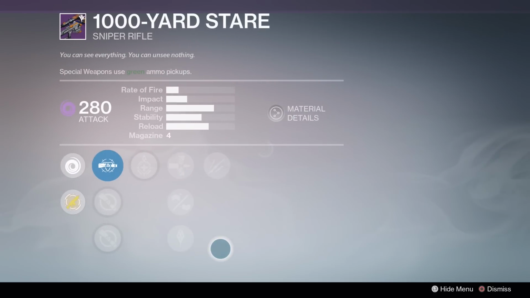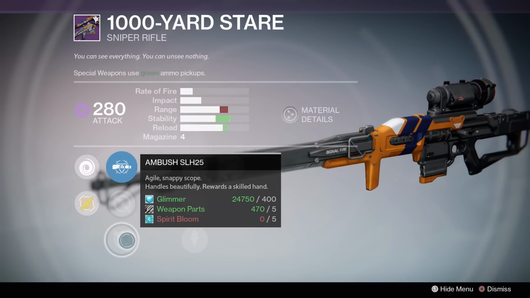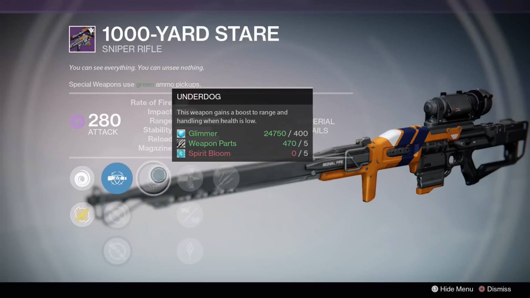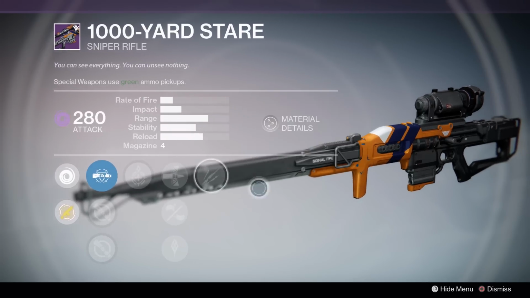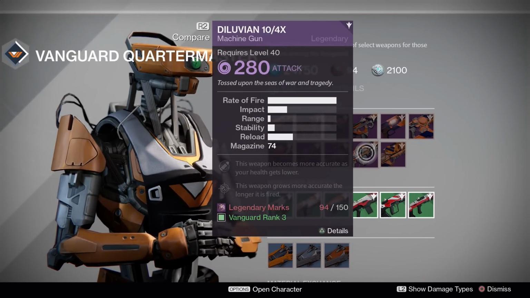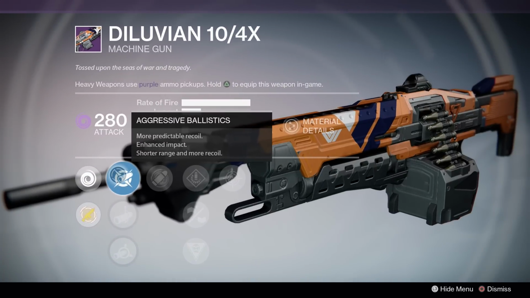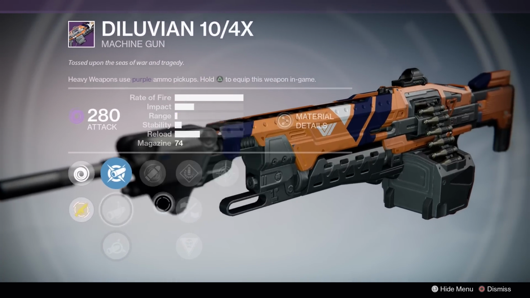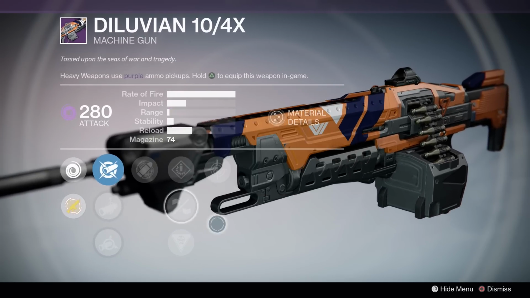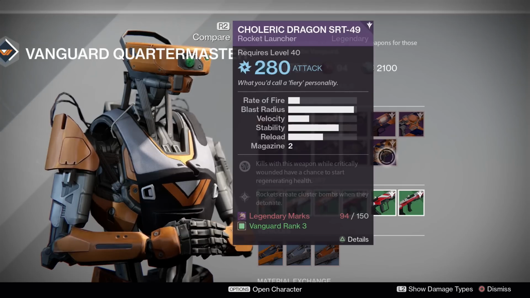The 1,000-yard stare. Oh, God, Bungie, why you do this? Long VSLR, the only redeeming scope is the ambush on this one. We have Underdog, which is god-awful on sniper rifles. Ronnie 5530, you should be ashamed for selling this. We have the Diluvian, 10/4X. Aggressive ballistics on a machine gun is always awesome. If these are some different perks on here, maybe, but no. This is not a good roll. Don't waste. And then finally, we have the Choleric Dragon